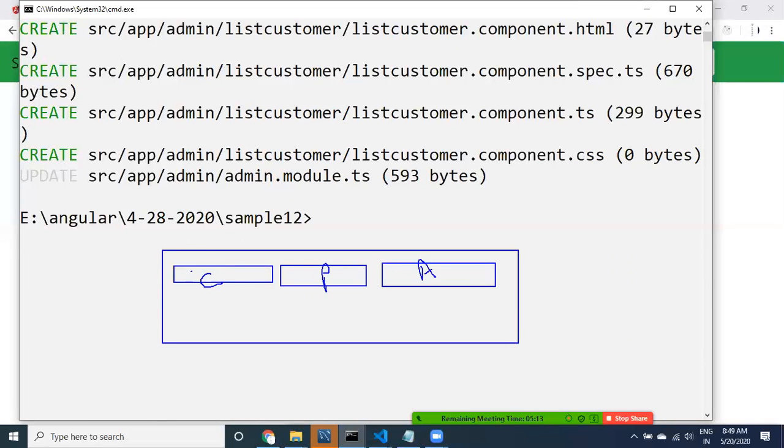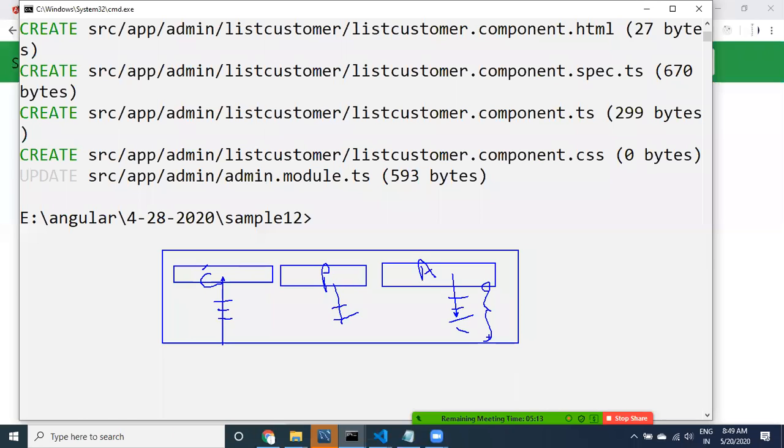For the customer I have created a module, and inside the customer module I have created 3 components. Inside the product I have created 2 components. Inside the admin I have created 4 components.